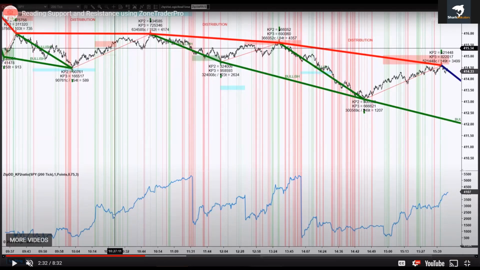What this is telling us is that when price was here, where the crosshair is right now, they were putting out limit orders at a rate of about 1,500 shares per penny. And by the time we got all the way to here,